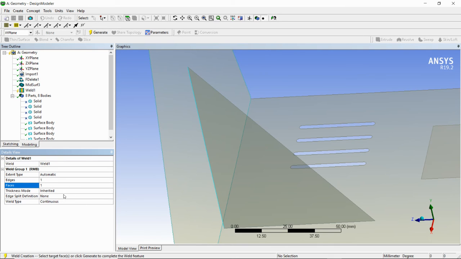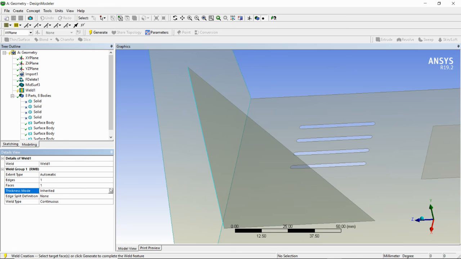Here you can see the thickness mode, which is inherited or user defined. Inherited means the thickness for the weld is taken from the base part's thickness. That means whatever the thickness of that face is, it is assumed as the thickness for the weld.